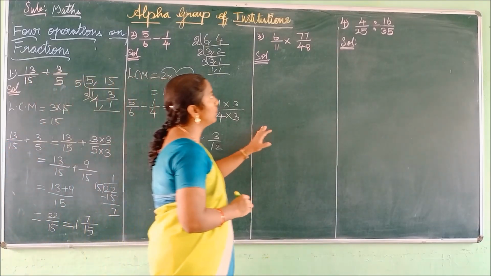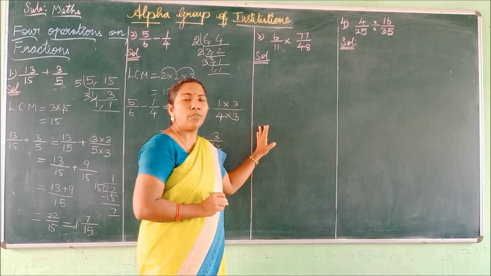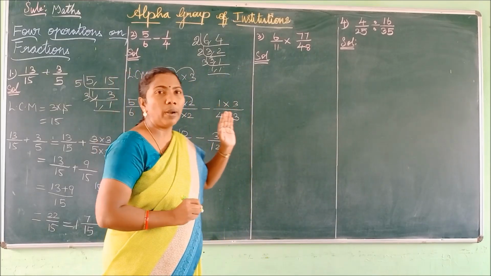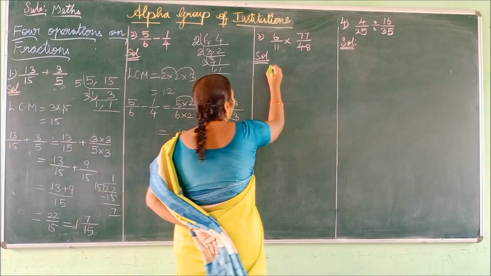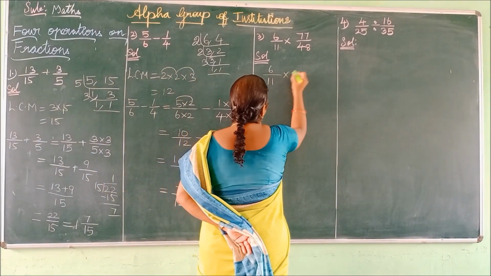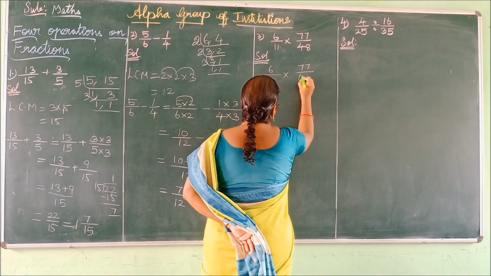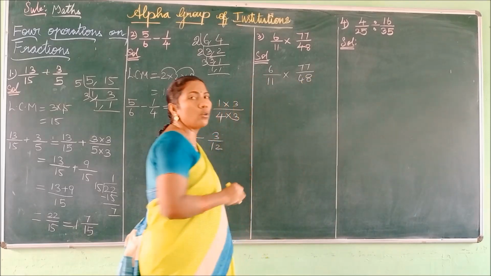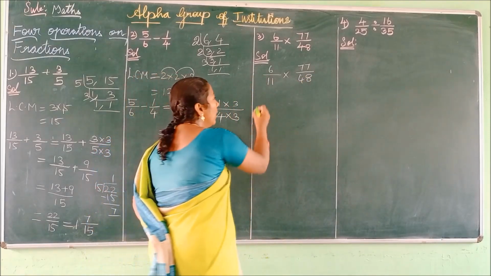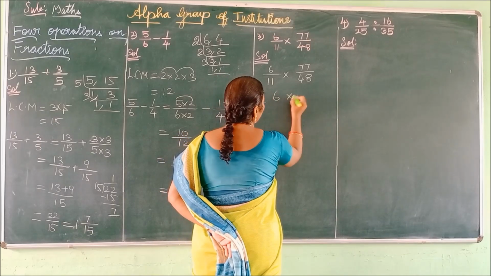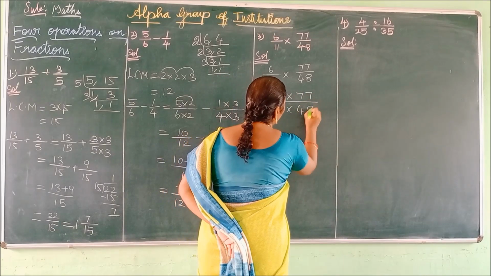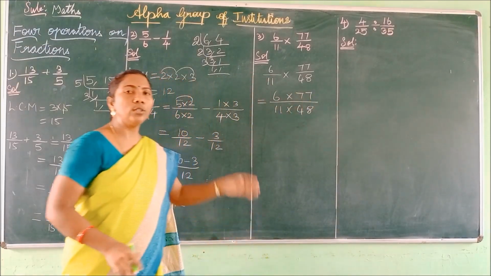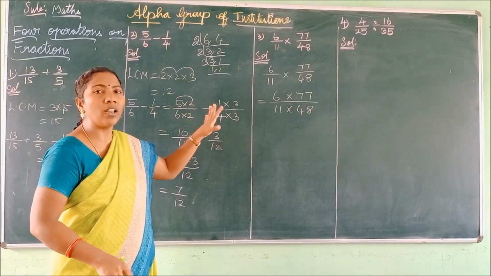Okay. Next we are going to see how to multiply two fractions. How do you multiply? By multiplying their numerator as well as denominator. See here, 6 by 11 into 7 by 48. Once again in the solution part you have to write the question. First you have to multiply their numerators, similarly multiplying their denominators. Before multiplying these values, you have to check whether there is a possibility for cancellation.